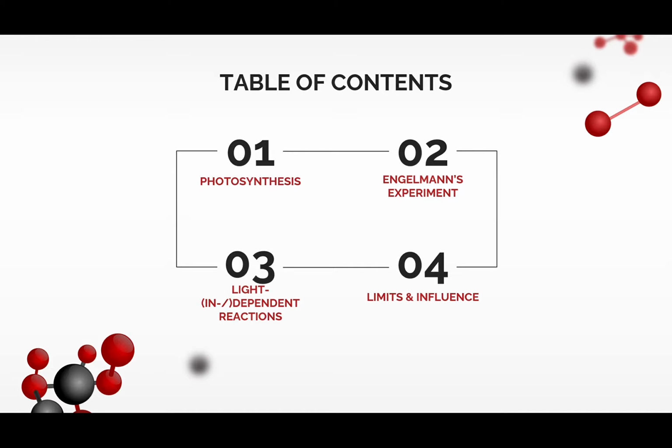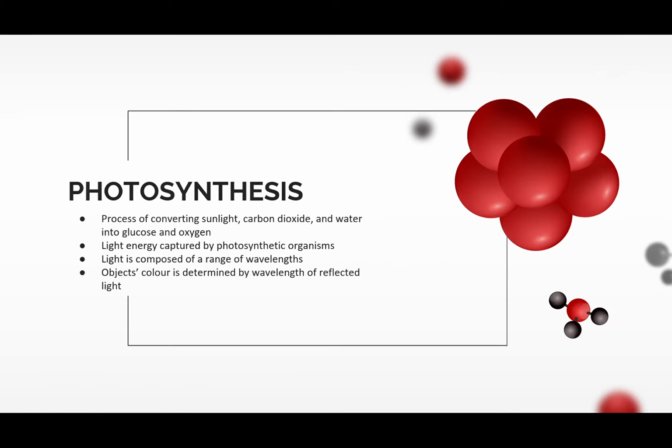spectra involved in it. Then I'll be talking about the Engelmann experiment, the light-independent and dependent reactions, as well as its limits and the influence of photosynthesis on Earth, the atmosphere, oceans, and rocks. Hope you enjoy. So first of all, photosynthesis is the process of converting sunlight, carbon dioxide, and water into glucose